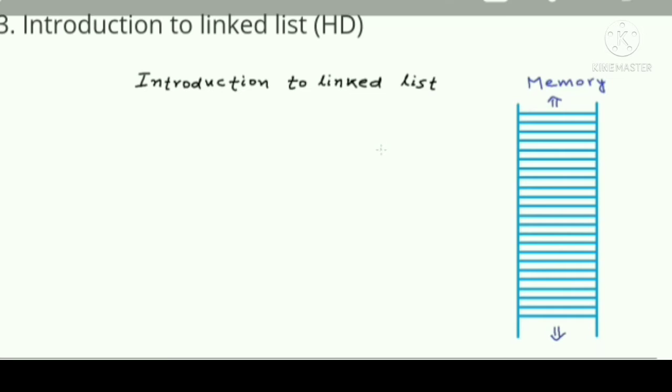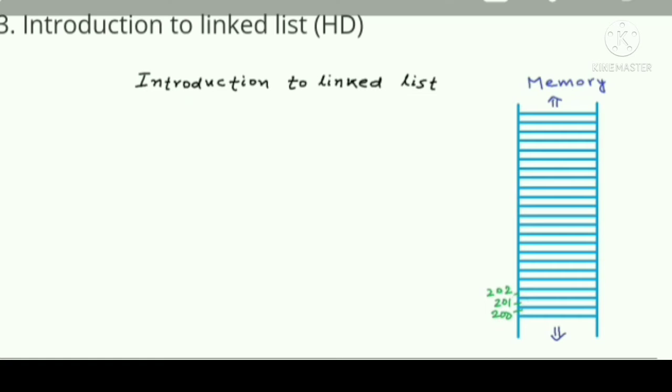So I'm going to tell you a simple story to help you understand this. Let us say this is computer's memory and each partition here is 1 byte of memory. Now as we know, each byte of memory has an address. We are showing only a section of the memory, that's why it is extending towards the bottom and the top. Let's say the address increases from bottom to top. So if this byte is address 200, the next byte would be address 201 and next byte would be address